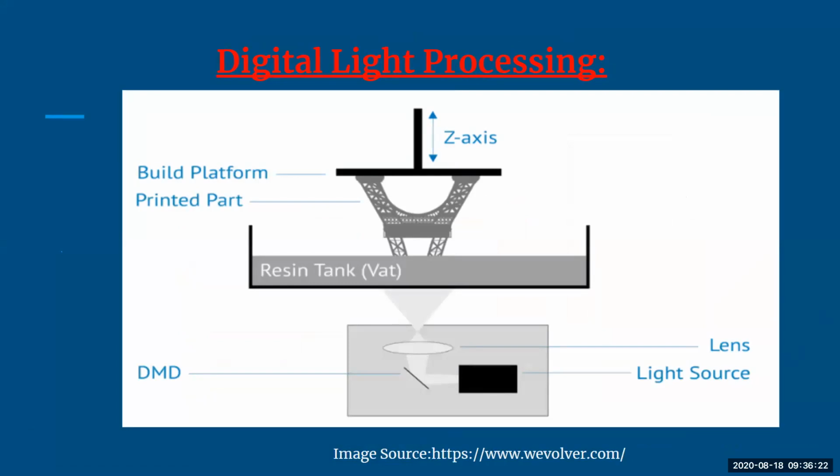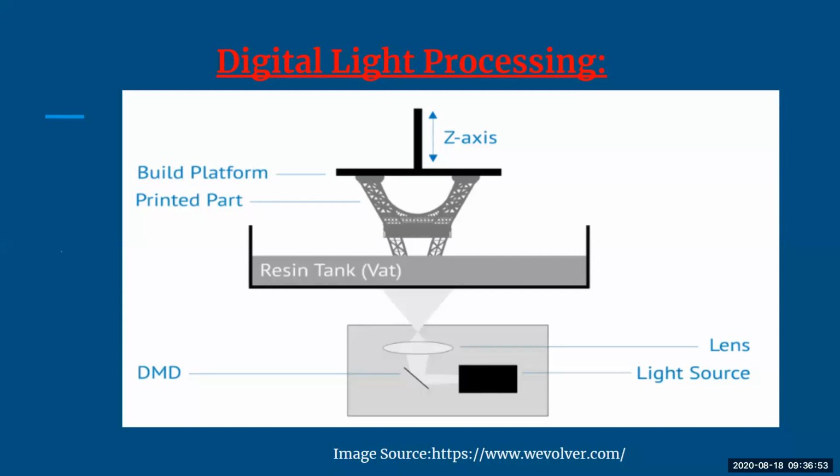Here you have something called a digital light projector, or DMD, that consists of multiple lenses, or you can say mirrors, and there is a light source that will be directed and will help you to navigate the light beam, which can be projected by your digital light projector. There is something called a vat, you can see in the diagram, that is the resin vat, wherein you will have your materials, and using that material you are going to come up with the model.